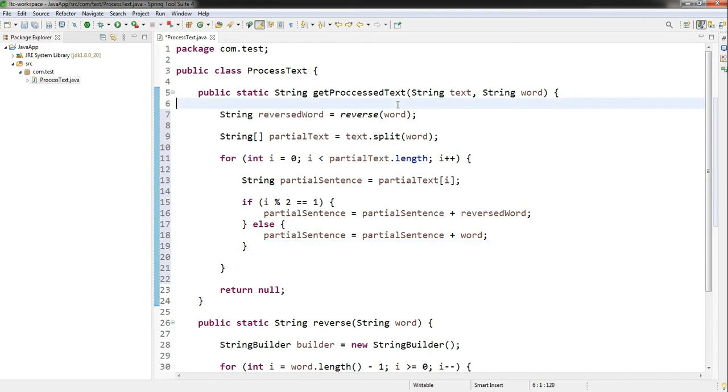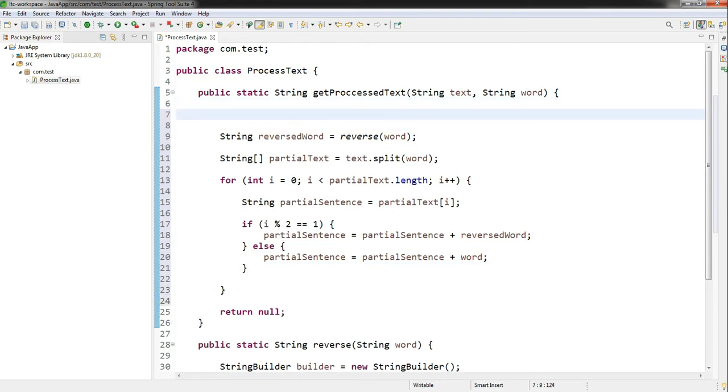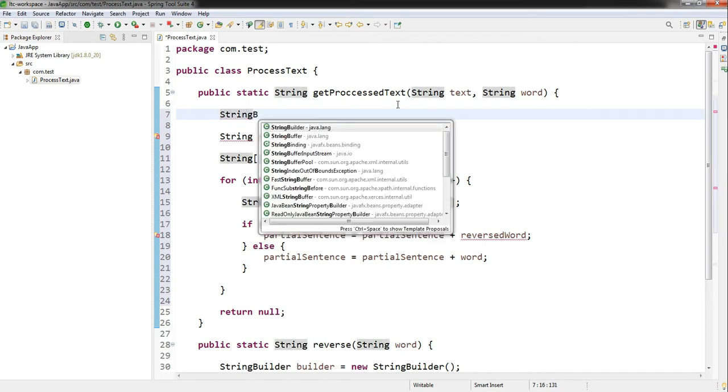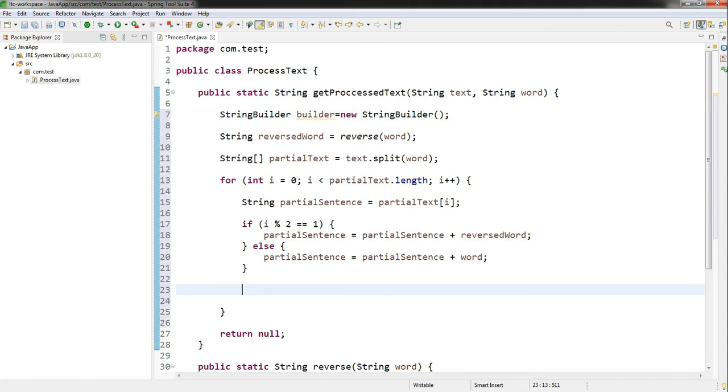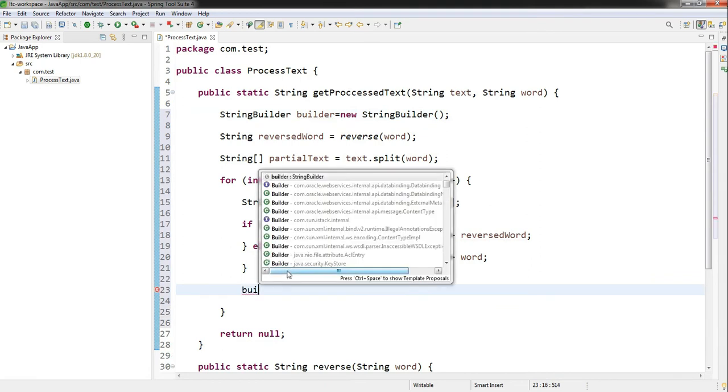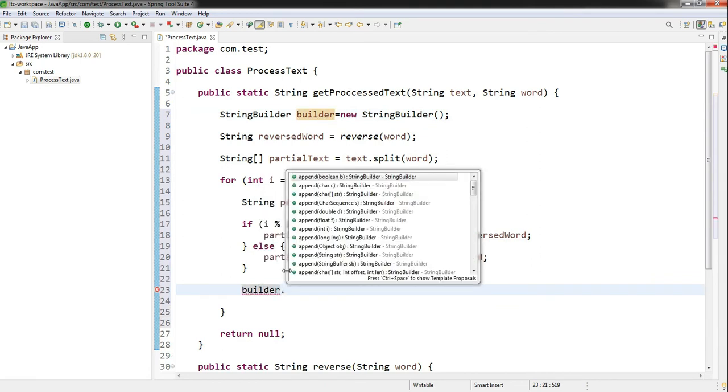Then I need one more StringBuilder here as the final result holder. I will add that partial sentence to that builder, which makes the final text.